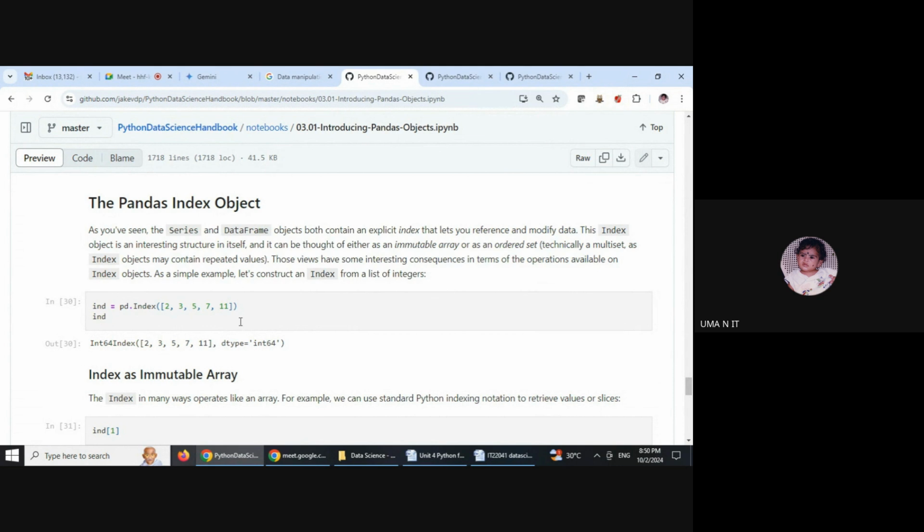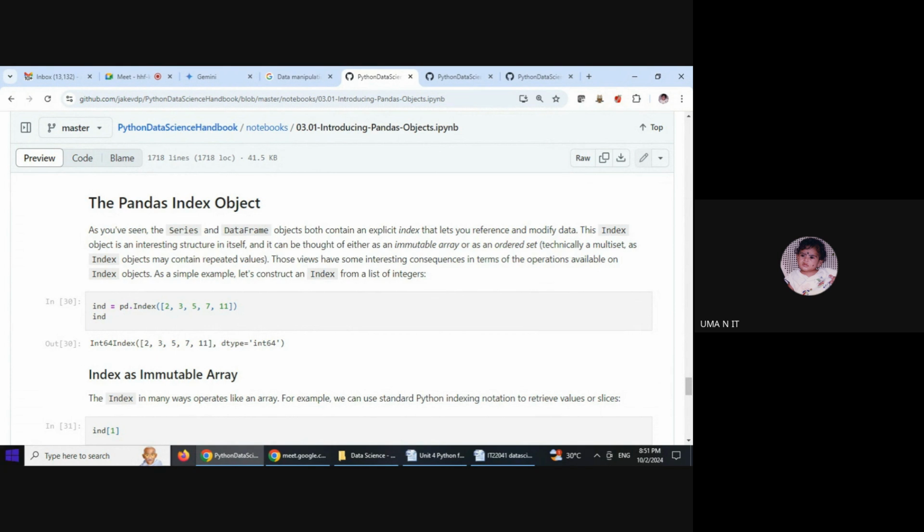Importantly, in pandas, the index or the indices are immutable arrays. That is, we cannot change the index value. We can include more than one new index, but we cannot change the index value.